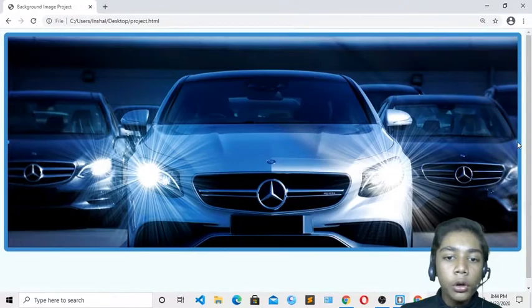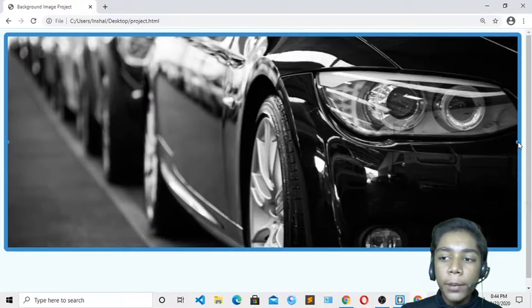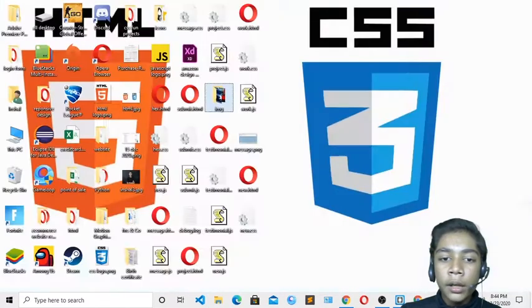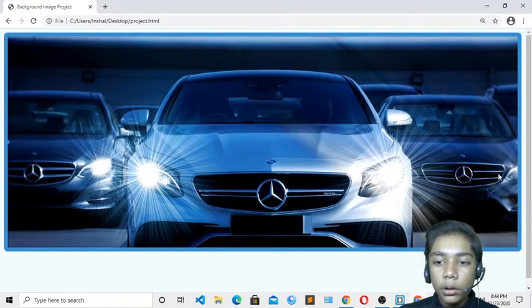And here you also have to define the images which you want to take in your image slider. I've taken all these images, and I have to define all of them. My images are all in my image folder. Here you can see this is my image folder, and these are all my images. So how good it is looking. Okay, so we will make that.